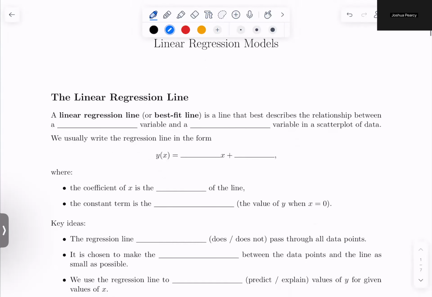A linear regression, or a best fit line, is a line that best describes the relationship between an independent variable and a dependent variable. Usually whenever we're doing this, we're looking at a scatter plot of data. The independent variable is on the x-axis and the dependent variable is on the y-axis. And we usually write the regression line in the form y of x equals m times x plus b,